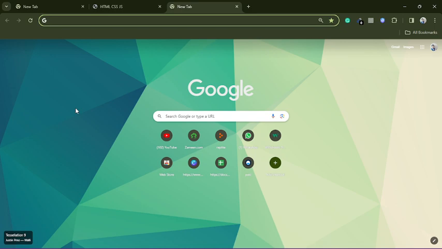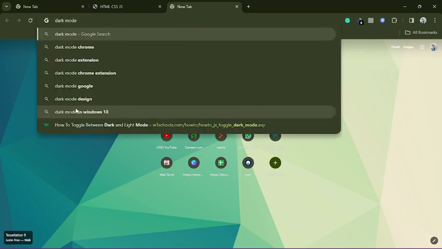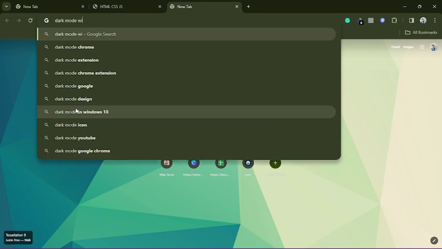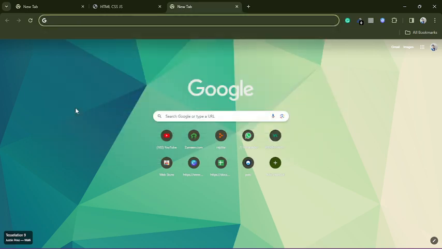So that will be with dark mode, with light mode icon. No, we are not going to take this. What are we going to write here? Simply write here